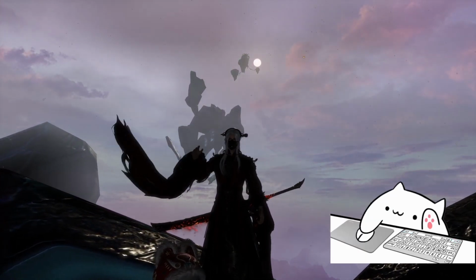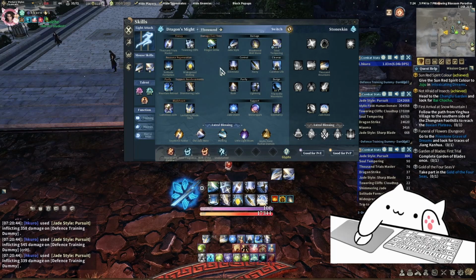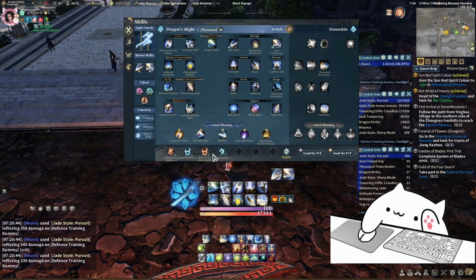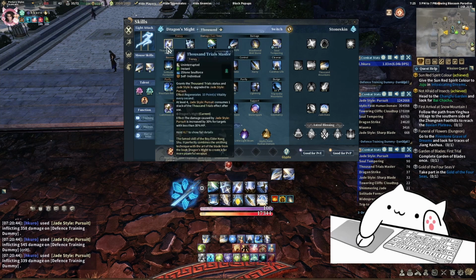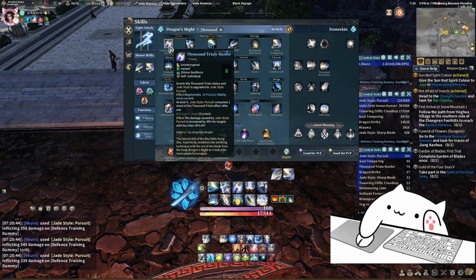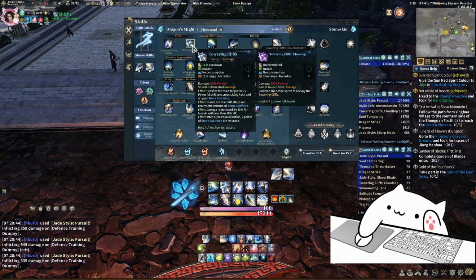Hi, what's up guys? I will talk about the skills one by one, and then blessing and Glyph. So for warrior, this build will focus on 1000 Trial Master. Like last time I limit draw blade, but now the name is 1000 Trial Master, and this is towering Glyph,